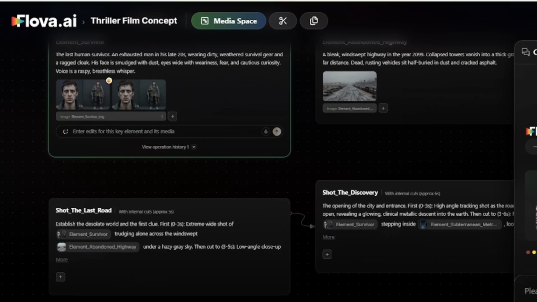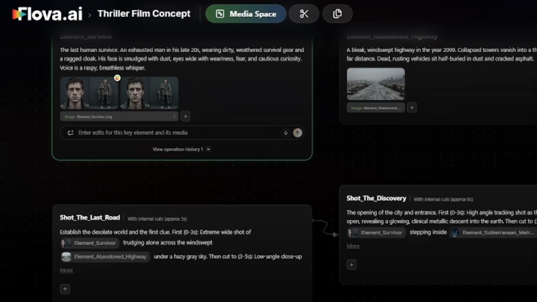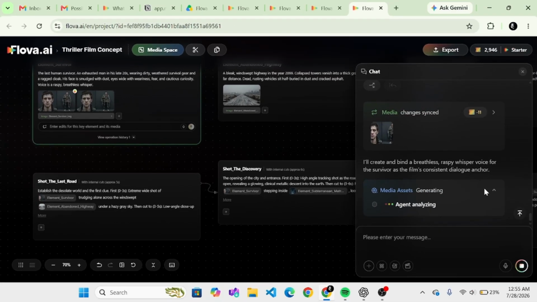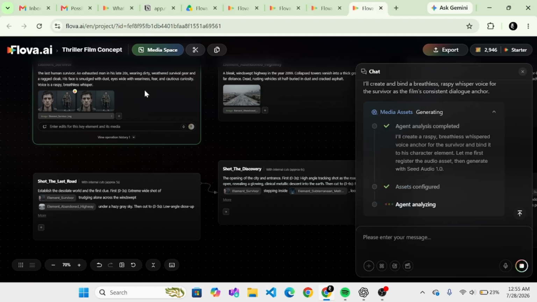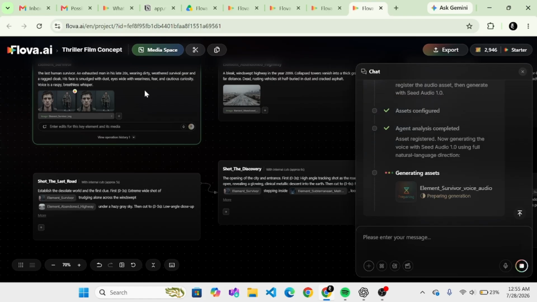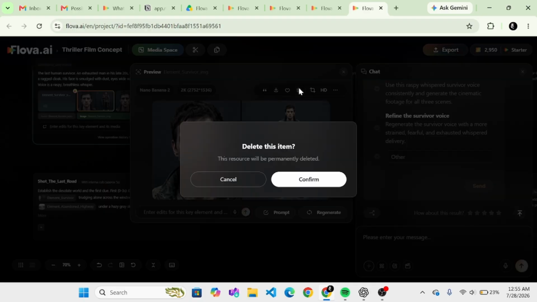Now, if you look over here, you'll notice that the character edit has already finished generating. And honestly, it looks much better than the previous version. Flova even gives you a side-by-side comparison, making it easy to see the improvements before deciding which one to keep. Since I'm happy with the new result, I'll go ahead and delete the previous version and continue with the updated